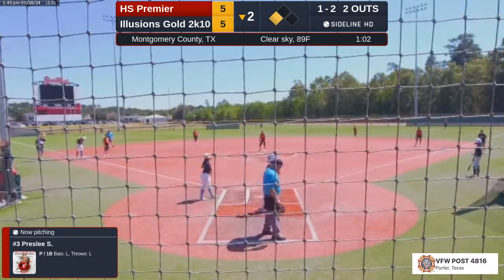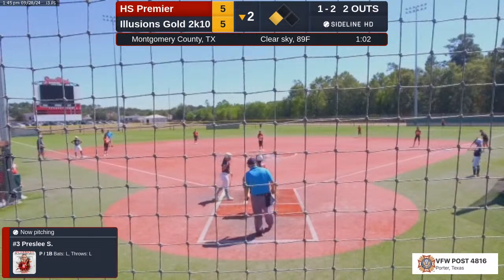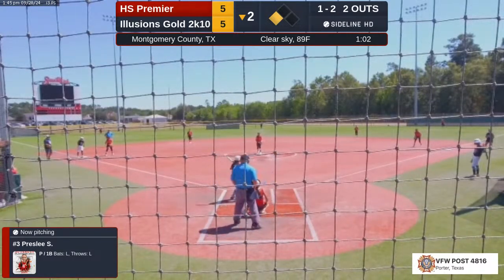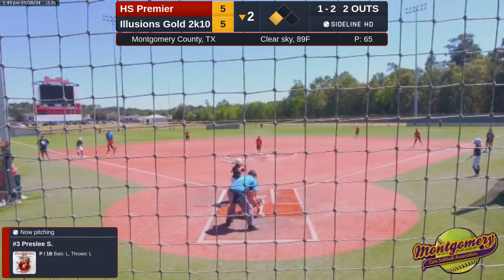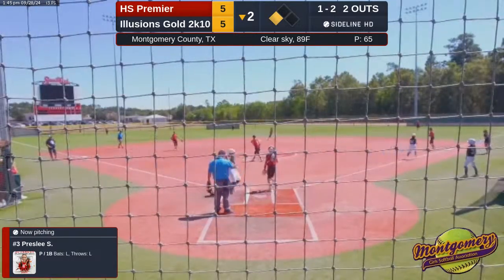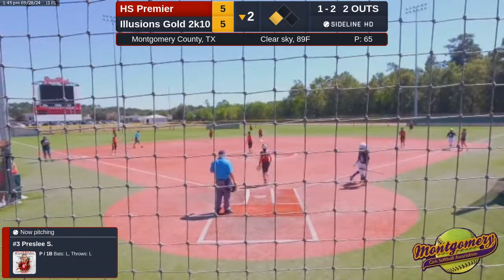Runners at third base. A big at bat here. It's hit to third. It's off of Abby's glove, and we got another run in. 6-5. Illusions.